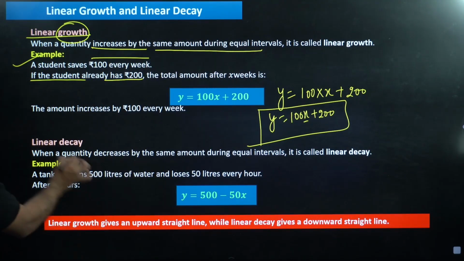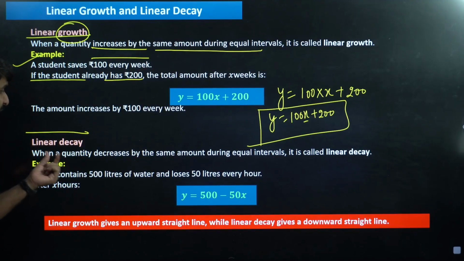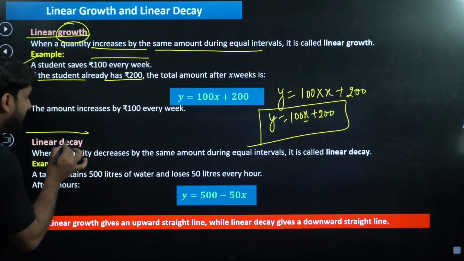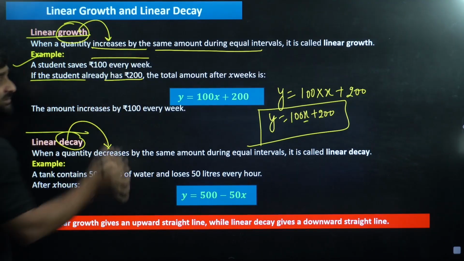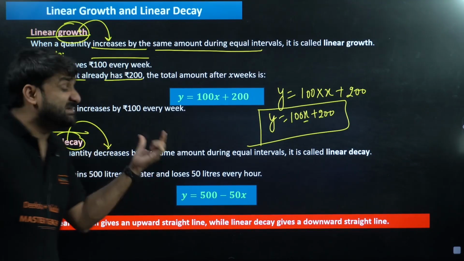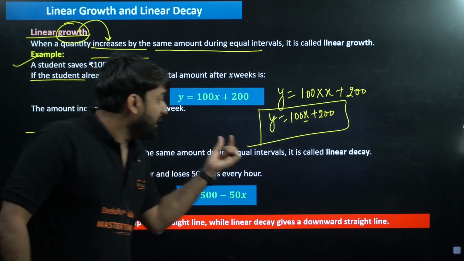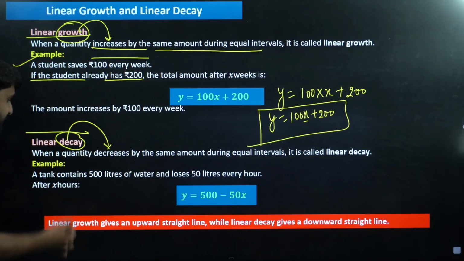Moving ahead, linear decay. Linear decay, when a quantity decreases. Decay means decreases, and growth means increases. So when something decreases by the same amount during equal intervals of time, it is called linear decay. For example,